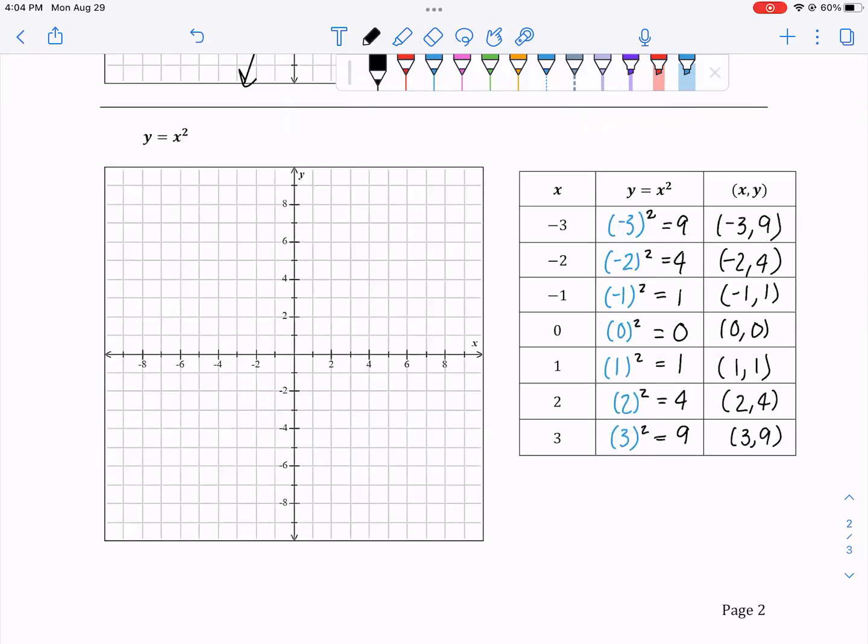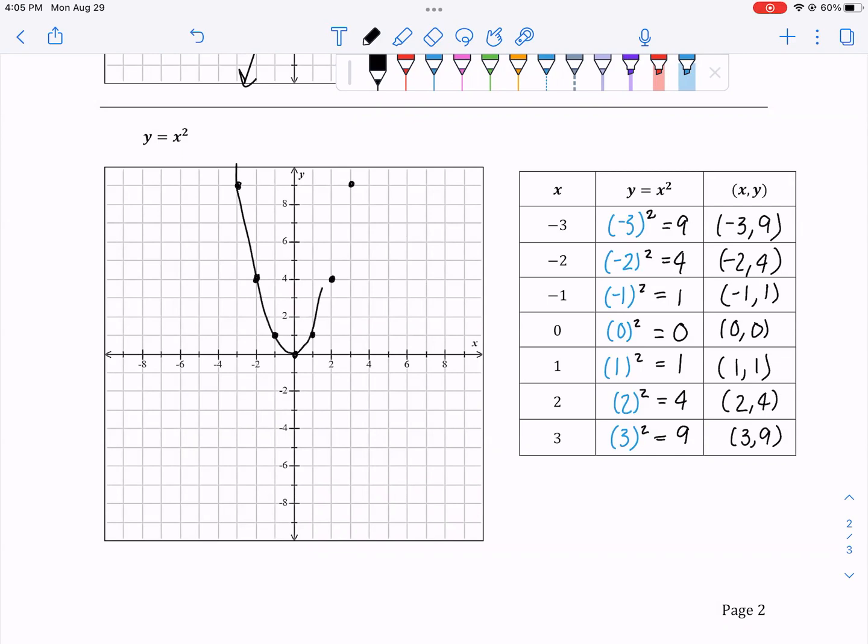Here is my filled out table. Let's plot these points. So -3, 9 is going to be right up here. -2, 4. -1, 1. 0, 0. 1, 1. 2, 4. And 3, 9. So this shape looks a little bit different. It is no longer line shaped. But connecting the dots,